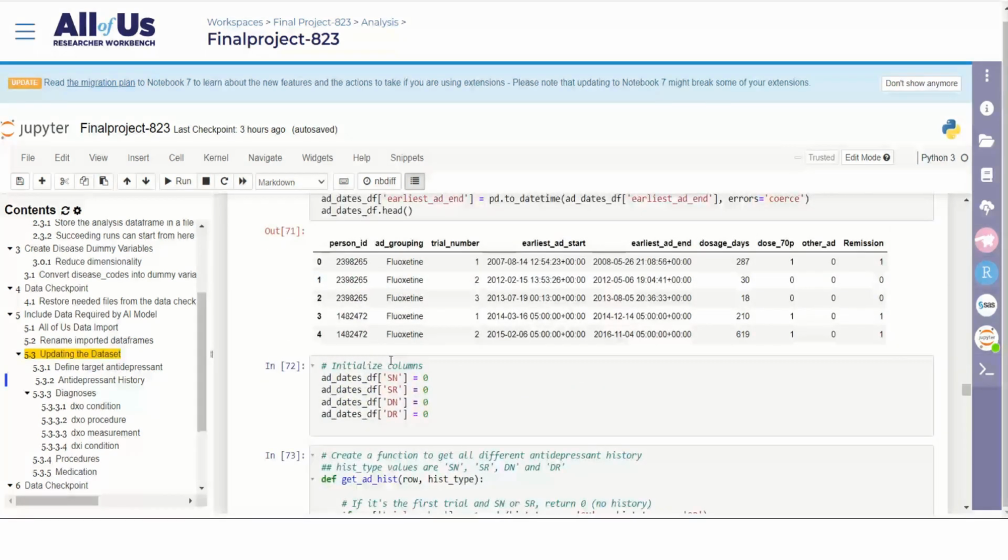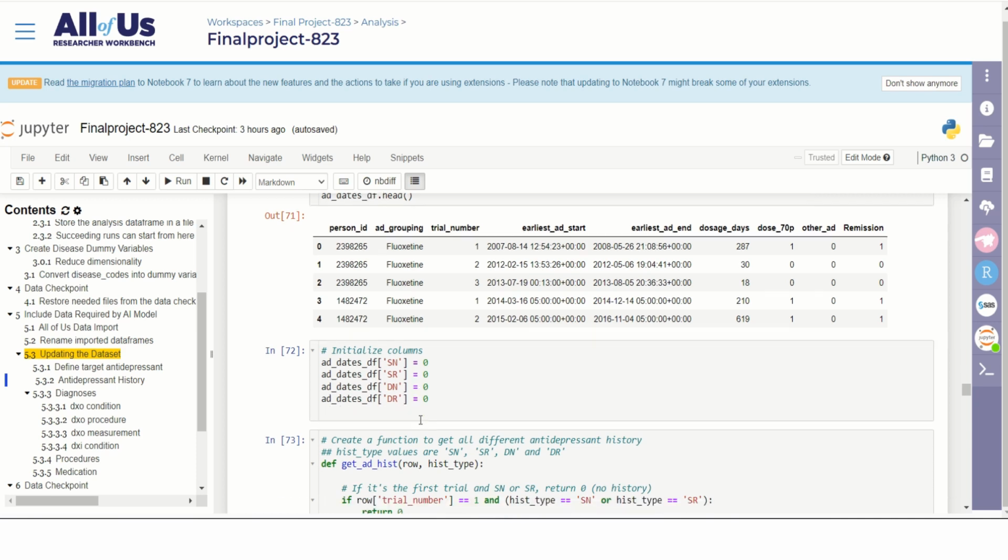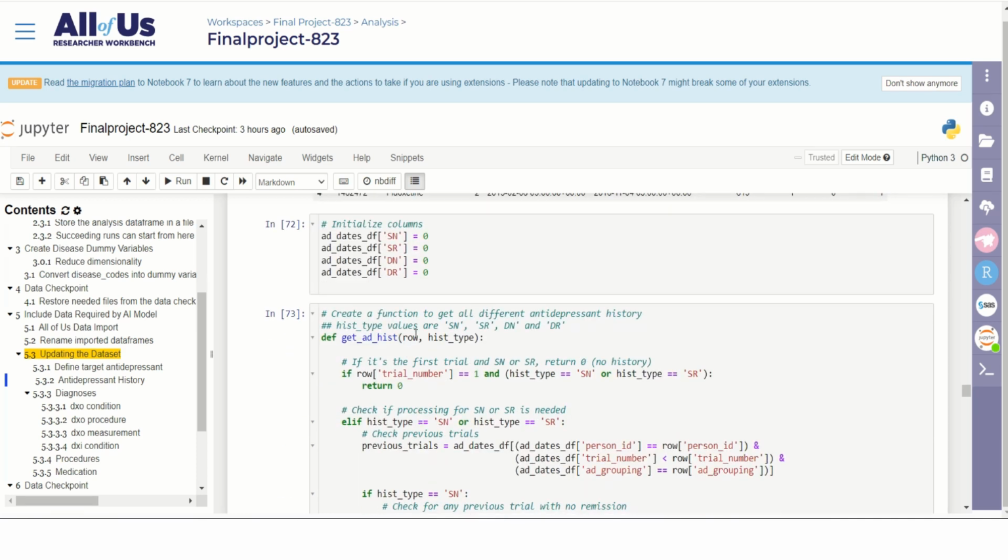And then we are initializing the columns which are SN, SR, DN, DR. SN is similar antidepressant drug with no remission. SR is similar antidepressant with remission. DN is different antidepressant drug with no remission. DR is different antidepressant with remission. And then we are creating the function for all different antidepressant histories,